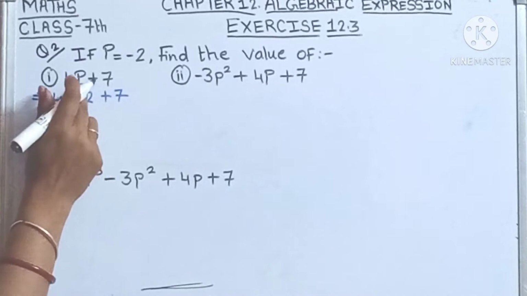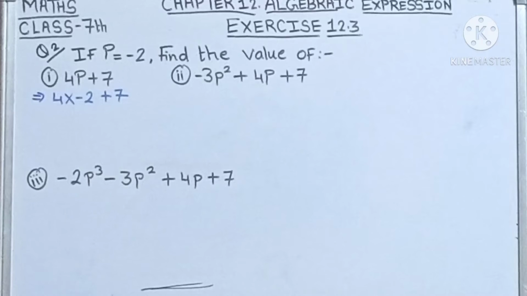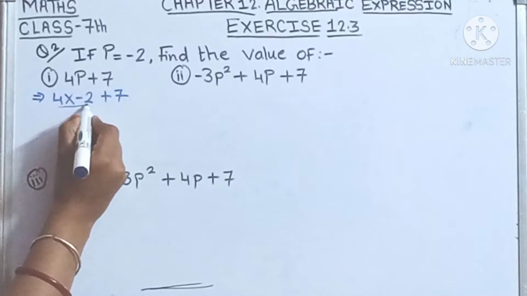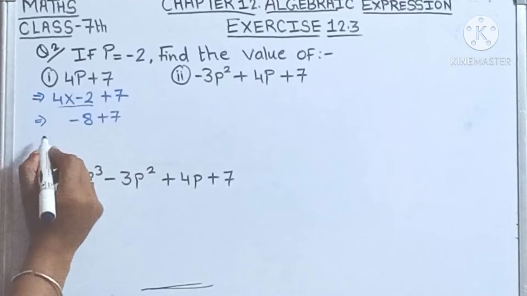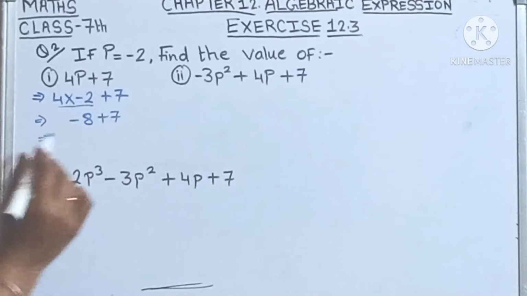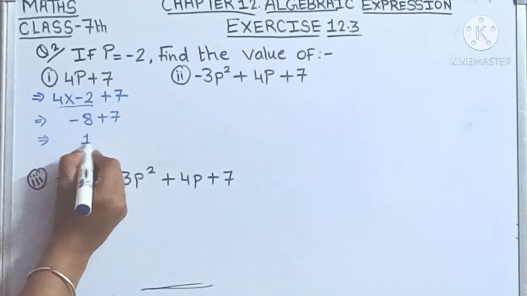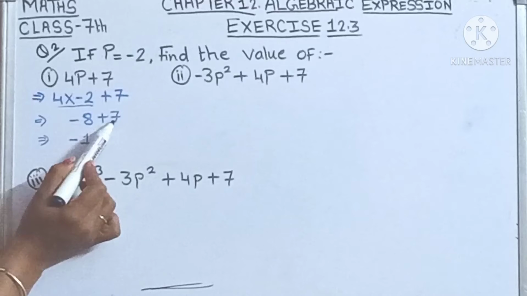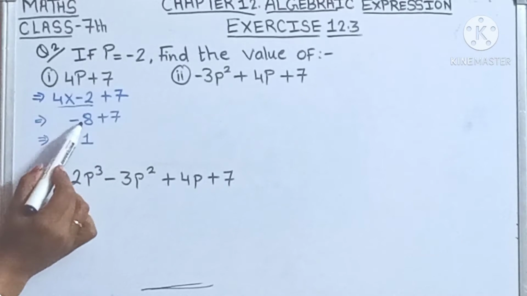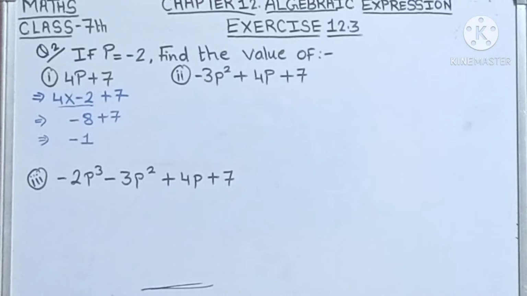It means multiplication. Now here you may feel that minus 2 is written, but minus 2 is the value of the p. It is not a sign between the 4 and p. It is the value of the p, that is minus 2. But in between 4 and p, no sign is given, means multiplication. Now solve it. First of all, the multiplication is done. Means 4 2s are 8, minus 8 and plus 7. Now solve it. Plus minus minus, 8 minus 7 is 1. And the greater number has the minus sign, so it will be minus 1. So the answer will be minus 1. Got it?